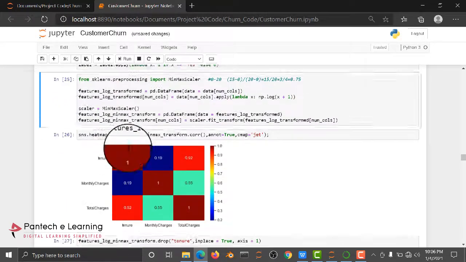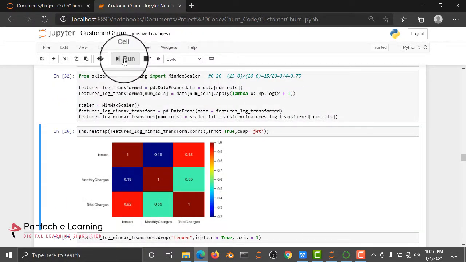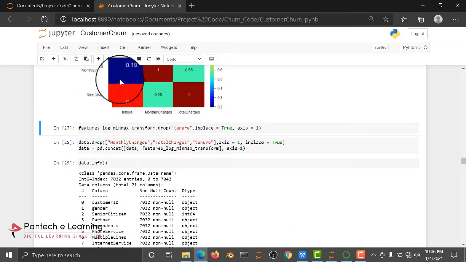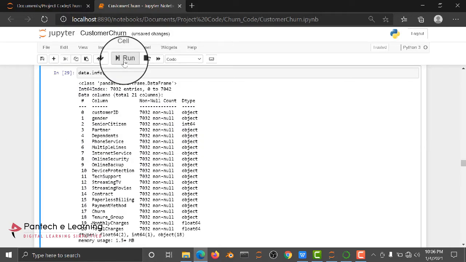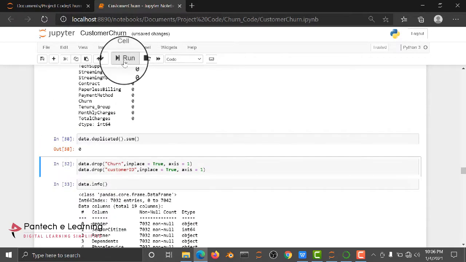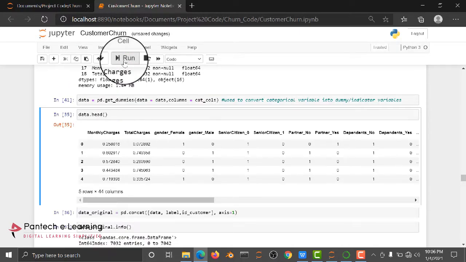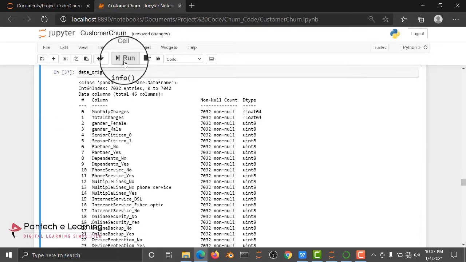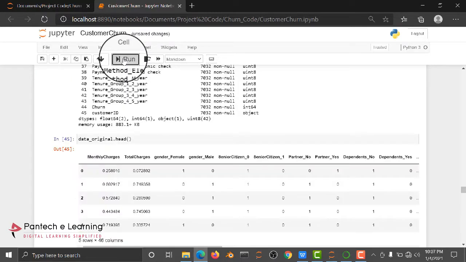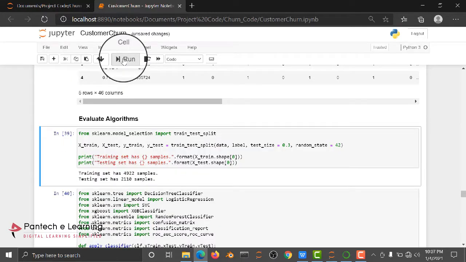In pre-processing we are checking some important attributes by using a heat map. Then we drop some unwanted data. After dropping the unwanted data we get the dummies of each and every attribute. Dummies and label encoding are both one method only. Here we are using dummies and concatenating all the dummies. After concatenating all the dummies we are evaluating the algorithm.